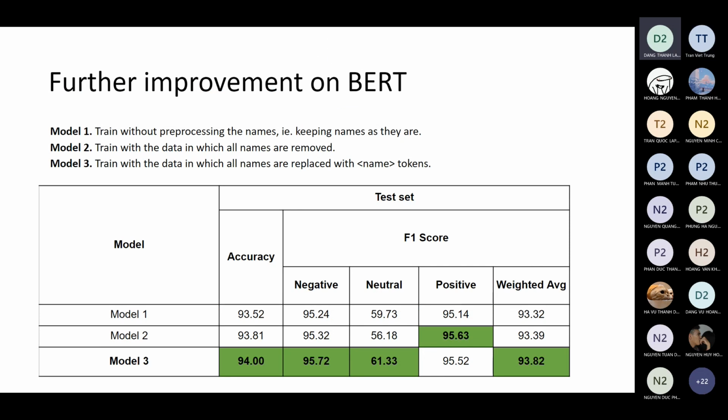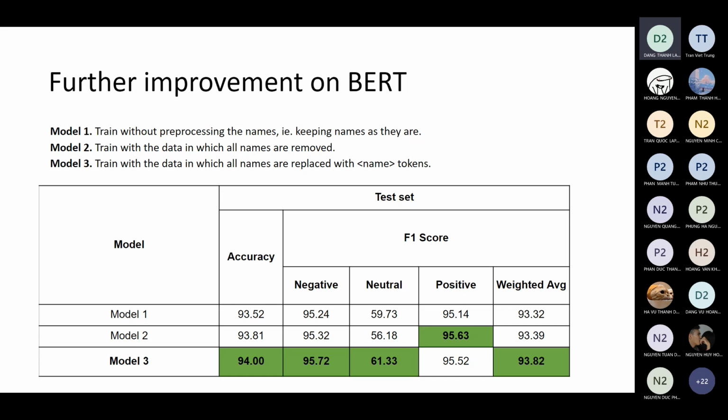As shown in the previous slides, BERT actually already achieved a pretty high result, but we can still improve it more. So we'll try 3 different training strategies. The first model is trained without preprocessing the names. The names here refers to the names of a person or name of the companies. So the first model is trained without preprocessing the names and just keeping them as they are. The second model is trained with the data in which all the names are removed. The final model is trained with the data in which all the names are replaced with the name tokens, just